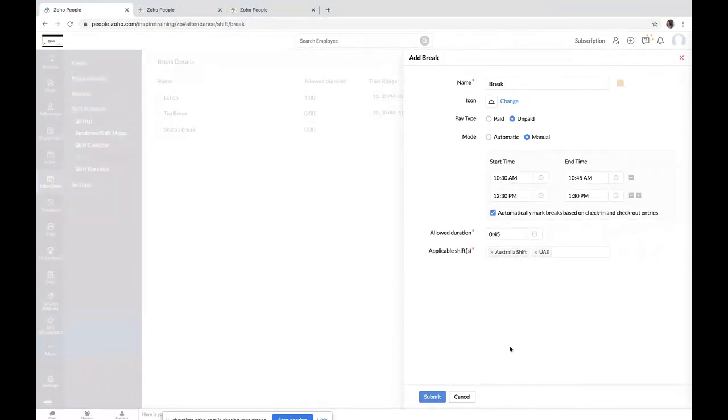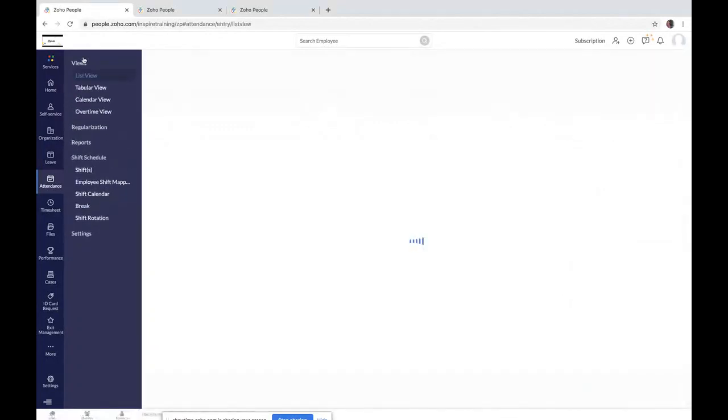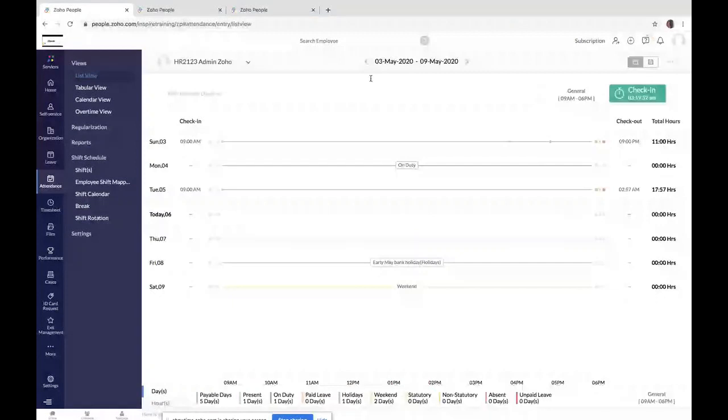This is how you generally configure the breaks, and you'll be able to filter the breaks based on the pay type, based on the modes in which they are going to be availed, and based on the shifts that you have defined. So you can have a look at how to capture this break in the system.